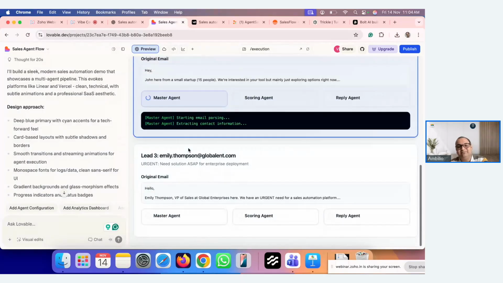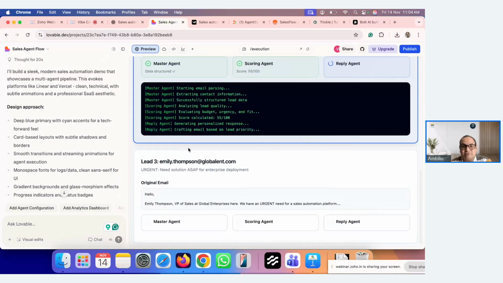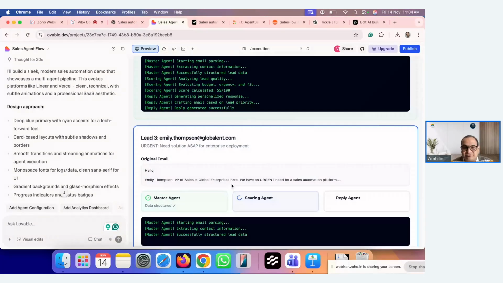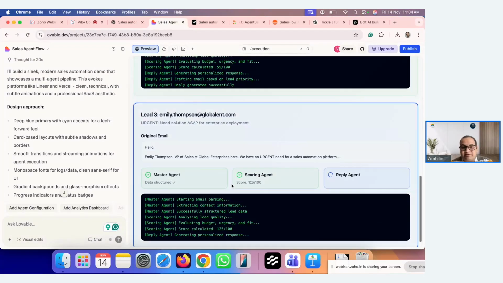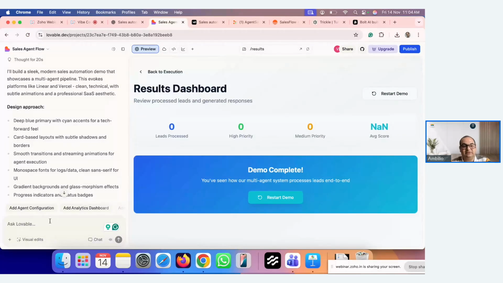Everywhere there will be some issues, some merits, some demerits. There, everything was built, but the UI was not good, so we had to tell it that the UI is not good, change the UI and make it better. Here the UI is looking fine, but the result is not coming properly, so you have to say it. I will say that the result dashboard page